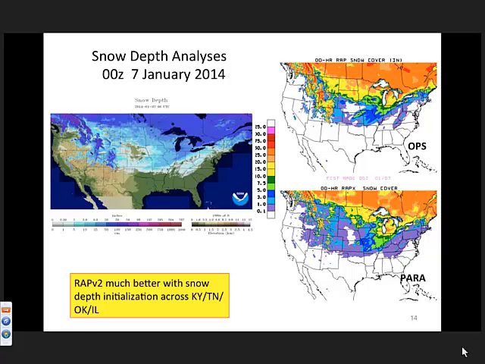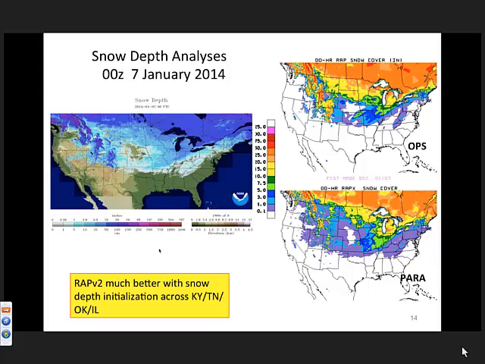that reflects from this last winter much improved snow cover in the parallel. So the bottom one here is from the RAP V2 and showing a much better snow cover, and on the left here, for comparison, is the NOHRSC snow analysis information for the snow cover. So a big improvement in that area, and that makes a big improvement in the RAP boundary layer temperatures in certain situations. Another aspect of the lower boundary conditions that has been improved is that in RAP V2, we're using an